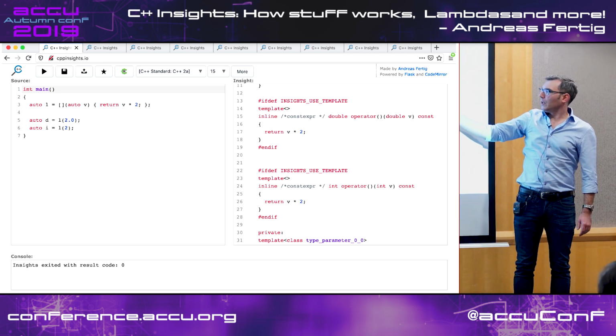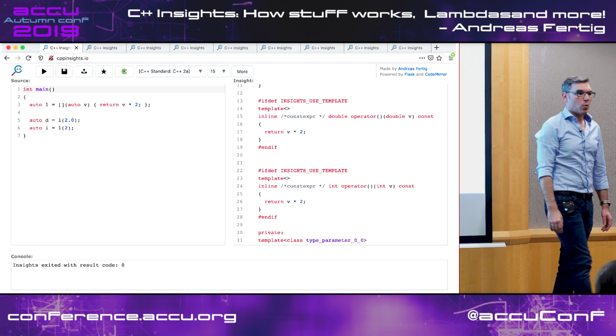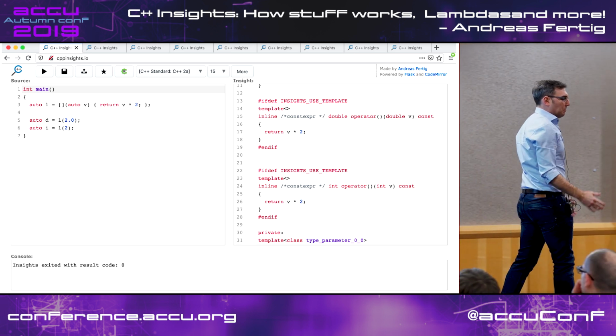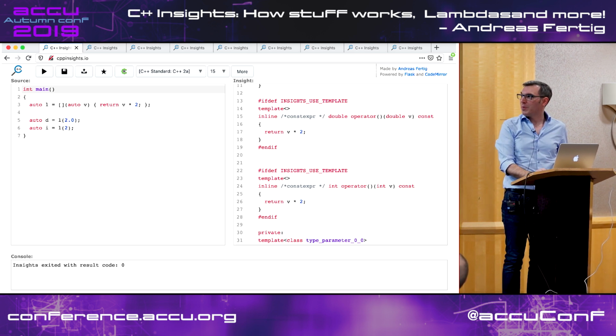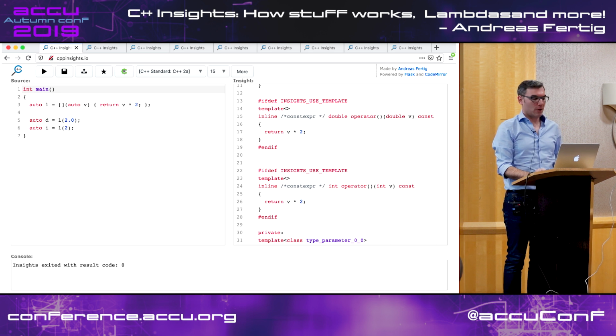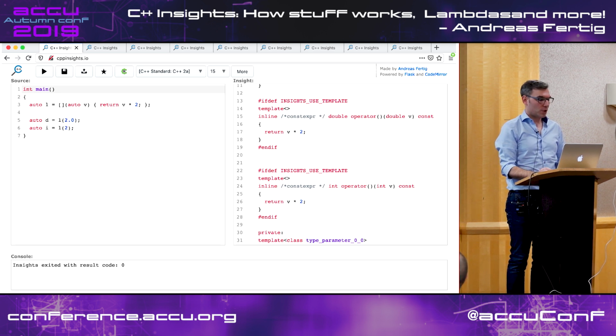Once with double and the other time with int. So it's, at least to me, an easy looking addition. Not sure how hard it was to implement this in the compilers. But it gives us another way for writing generic code, which I think is highly valuable.